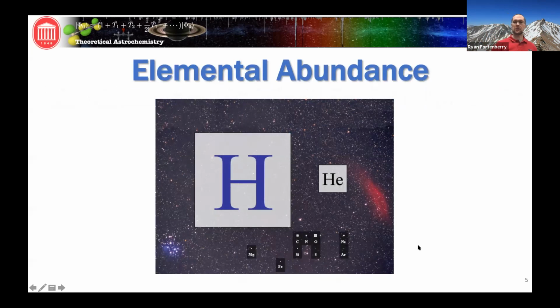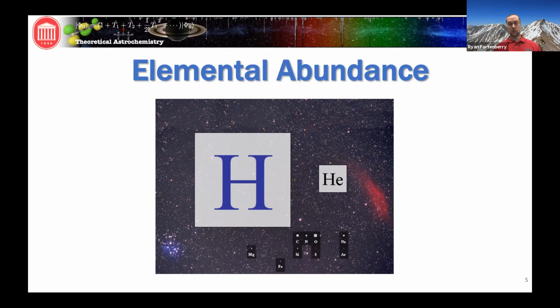So in astrochemistry, we talk about elemental abundances and the things that we have to make molecules because we're chemists. And if we want to know what the molecules are that could be present out in interstellar sources, we have to know what they could be made of. And of course, this is from Ben McCall from a few years ago, where he put together the astrochemist's periodic table, where the sizes of the boxes are proportionate to the atoms that we have out in various interstellar sources and astronomical objects.